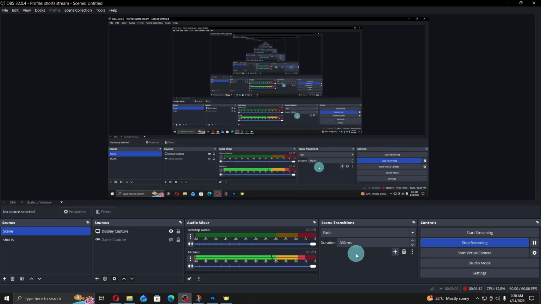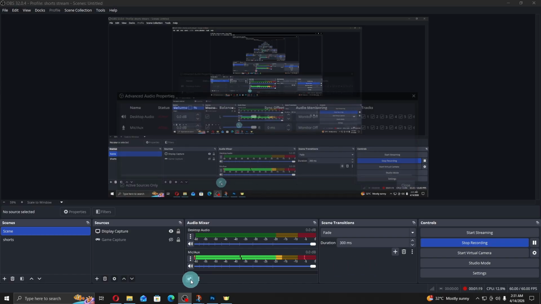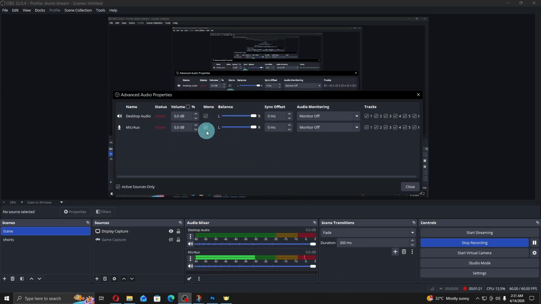So it's pretty simple, guys. This happens a lot to beginner OBS Studio users. So make sure you tick this box and it will fix your